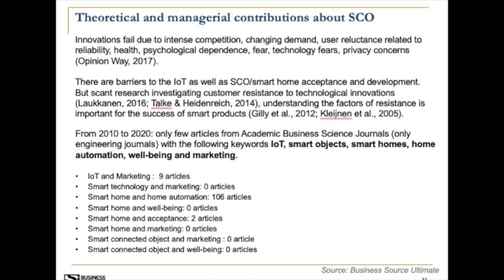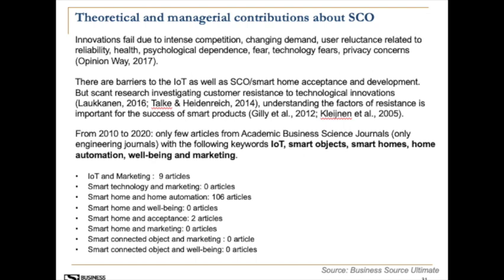When we searched for the keywords IoT, smart objects, smart homes, home automation, well-being and marketing, there were only 9 articles coming from IoT and marketing, 0 articles with the keyword smart technology and marketing, 160 articles on smart home and home automation, but these were engineering articles, 0 articles about smart homes and well-being, only 2 articles about smart home and acceptance, 0 articles about smart homes and marketing, and 0 articles about smart or connected objects and marketing and well-being. So you see there's a big gap and research is necessary to fill in the gap